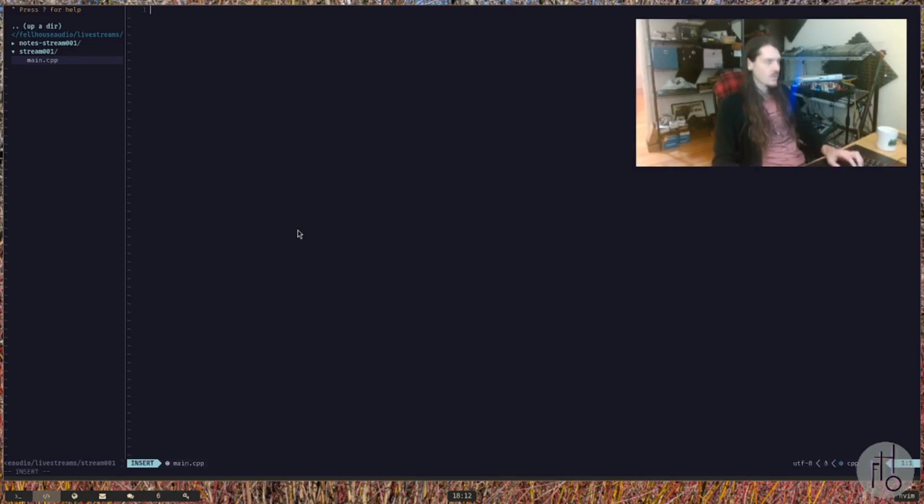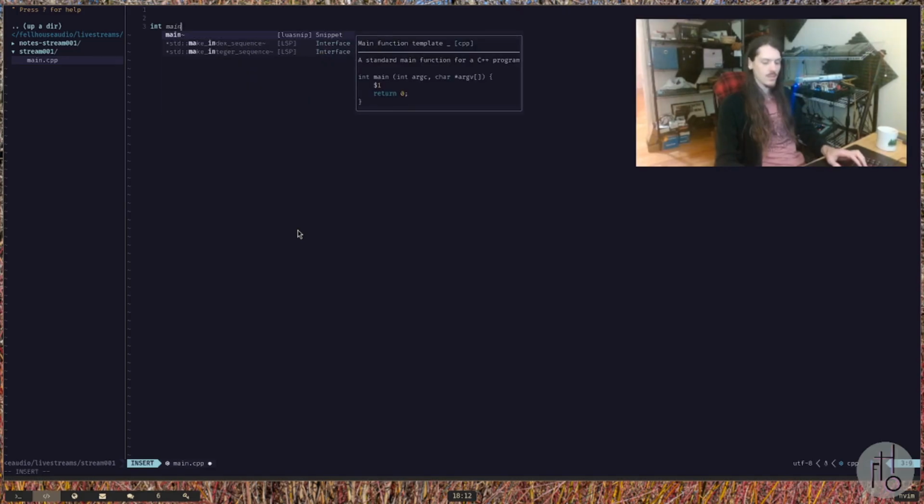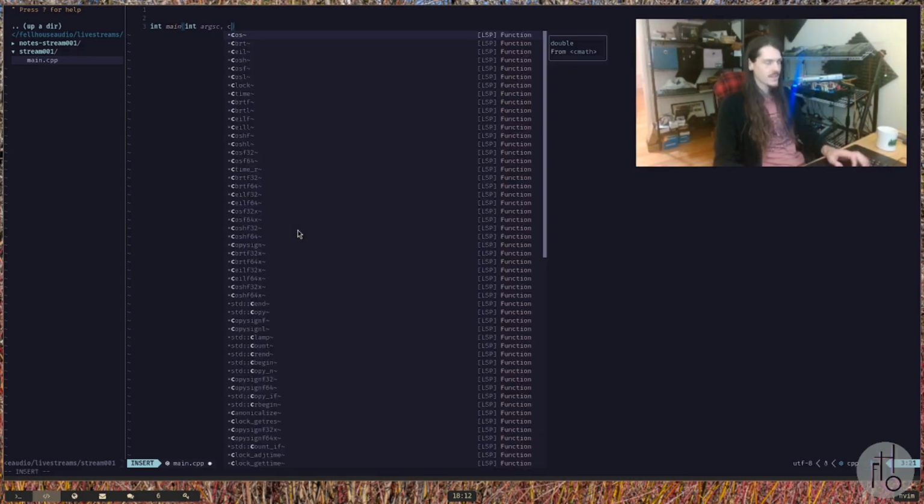So if you've not programmed in C++ before, that's totally cool. We're actually going to start just by making the program that you get if you were to Google hello world C++. What is the first program that we write in C++? I might remember this wrong, but I'm pretty sure the first thing that you do in here is that you have this thing typically called argc. It's the number of arguments that our program takes in when you run it from the command line. And then the second one,